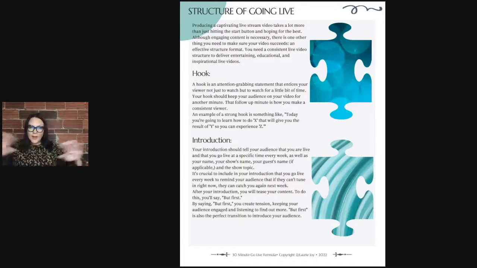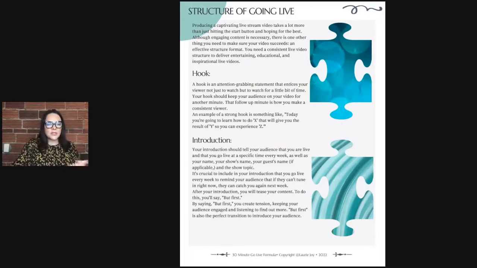No matter what I do, no matter what stage I'm on, I follow this exact same template. Just because I'm doing a 30-minute live here doesn't mean that this structure is different from the keynote speech I just did last weekend for an hour. It doesn't mean that it's different from a Zoom training that I do with my ladies. We always follow the same structure. So this particular hook is attention grabbing, but it's letting your people know why they should be here and then why they should stay.